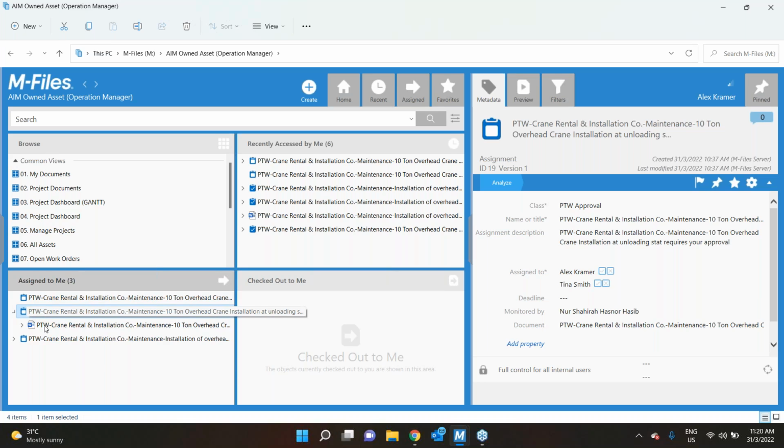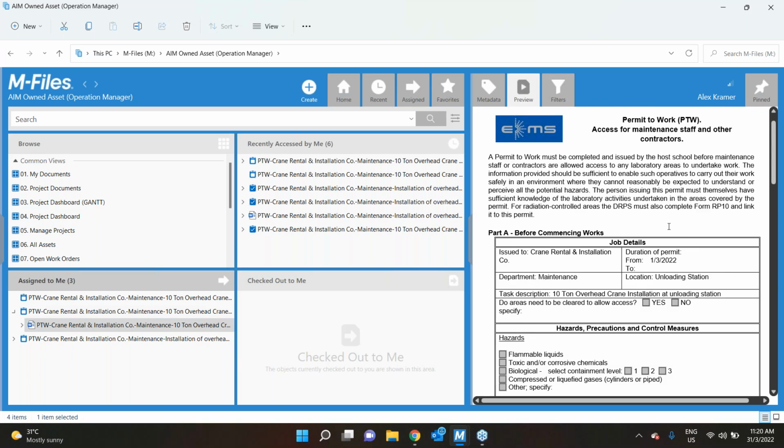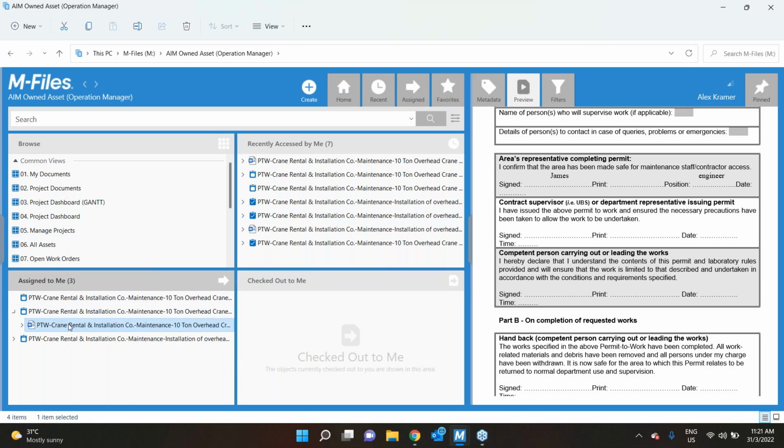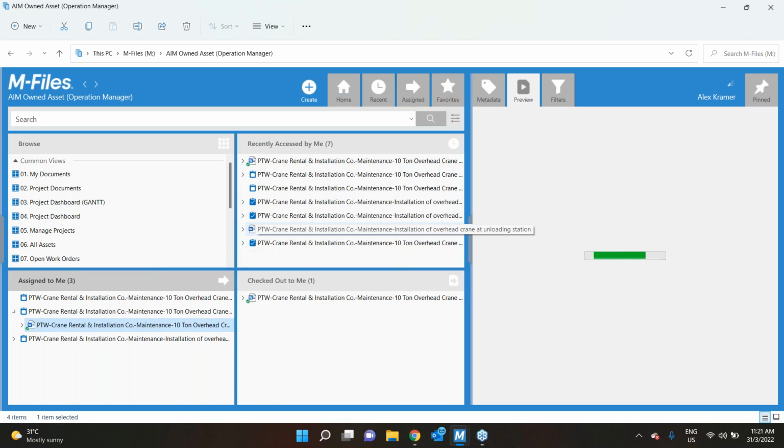The permit to work document will be attached together with the assignment assigned to the operation manager. So this is the document attached. The user who receives the document can view it from the preview section here, or if they need to make any amendment or edit this document, the user will need to double click this document to check out and edit the document.